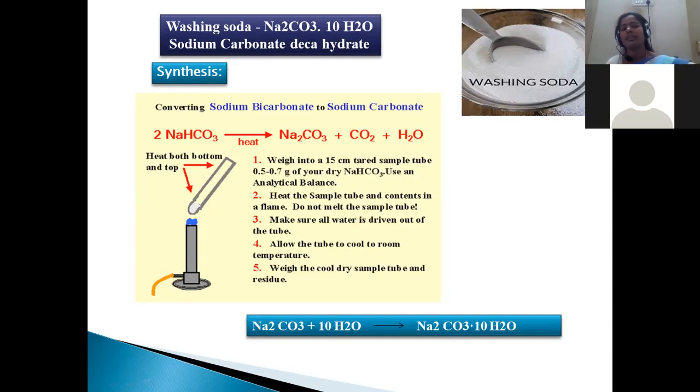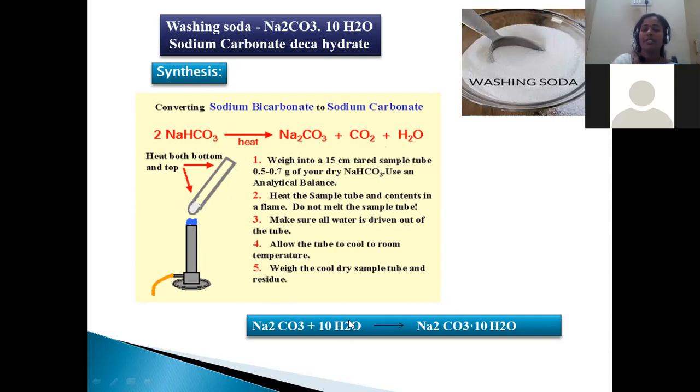Just now we discussed in the applications of baking soda, it is the essential ingredient for the industrial synthesis of sodium carbonate. That's why when sodium bicarbonate is heated, sodium carbonate, carbon dioxide, and water can be generated. How will the process be possible? So we have to take a test tube. In the test tube, sodium bicarbonate should be inserted, and we have to weigh exactly the component we are taking, and directly keep it on the Bunsen flame. Whenever it's subjected to heating, it gets decomposed, dissociated into sodium carbonate, carbon dioxide, and water, right?